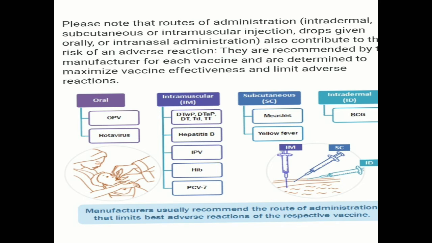Only DT is advised at the age of 5 years. That too after 7 years. After 7 years, the diphtheritic component of the DT is replaced by a low dose d, that is, a low dose diphtheritic component is included as a toxoid along with the tetanus. This is because